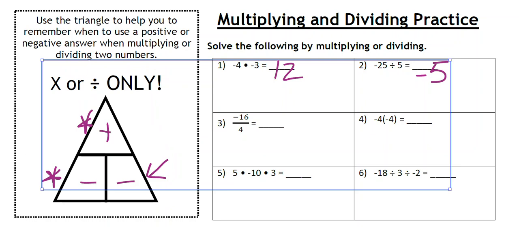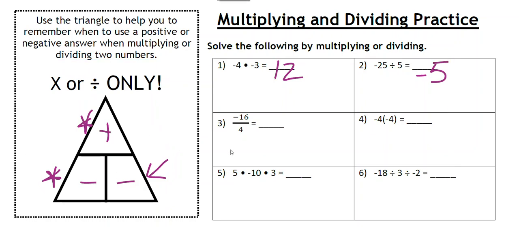You can redraw your triangle if you need to. I'm left with a negative, and 16 divided by 4 is 4. Negative 4 multiplied by negative 4 gives me a positive, and 4 times 4 is